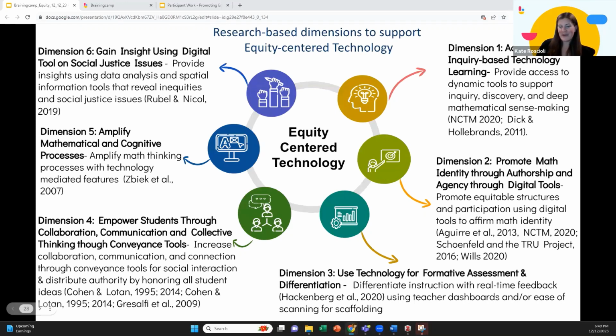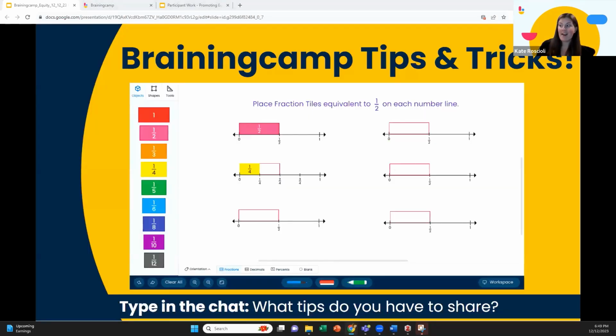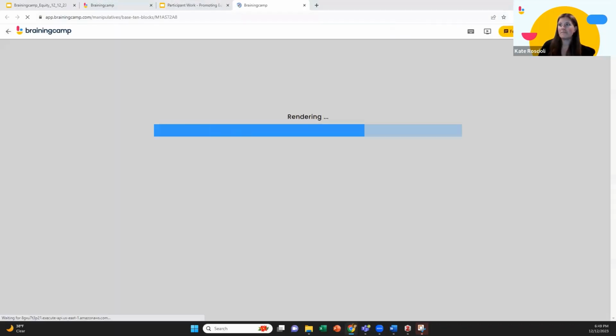All right, we are going to move on to some tips and tricks. As we are sharing our tips and tricks, we want you to share your tips in the chat for some of our newer Brainingcamp users. So I will start, and I am going to share